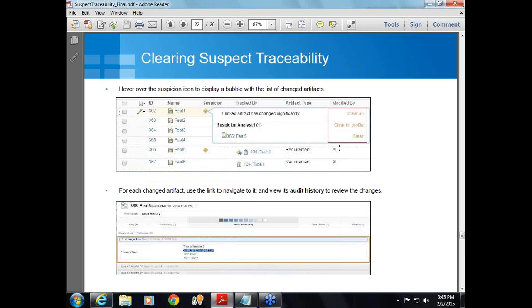At times you might feel that it's only a small change and you can ignore it. Otherwise, you can take the necessary step. But before that, how will you see what has been changed? So I said when you hover over it, you can see the artifact that has been linked, and you also have an option called clear all, clear for